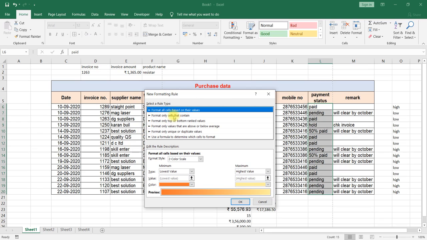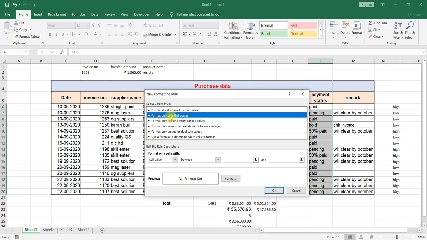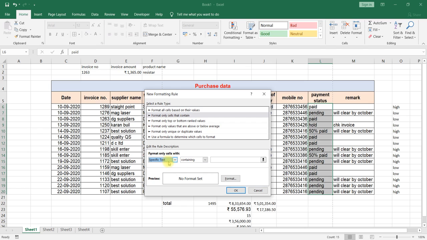So we select the second option, the cell that contains a specific text, containing paid.